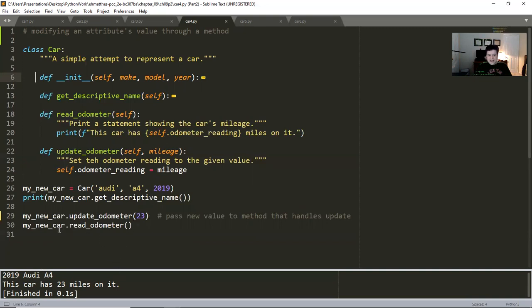And what happens here is that we call read odometer to access the instance variable odometer reading. We access the instance variables by using the self keyword, because remember, the self keyword represents the instance, right? So when you run it, I think I did already, we want to make sure we get pretty much the same information. So instead of accessing the attribute directly that we did before, you pass the new value to a method that